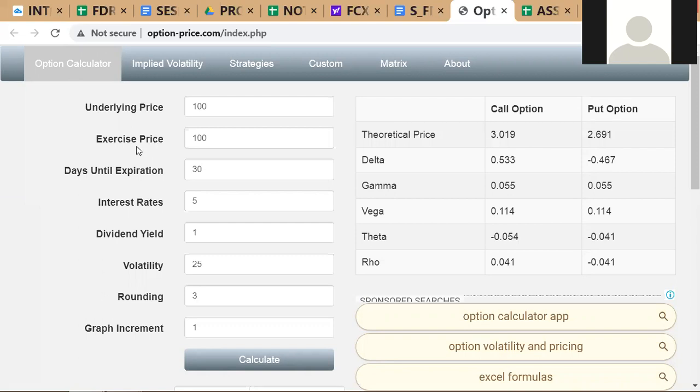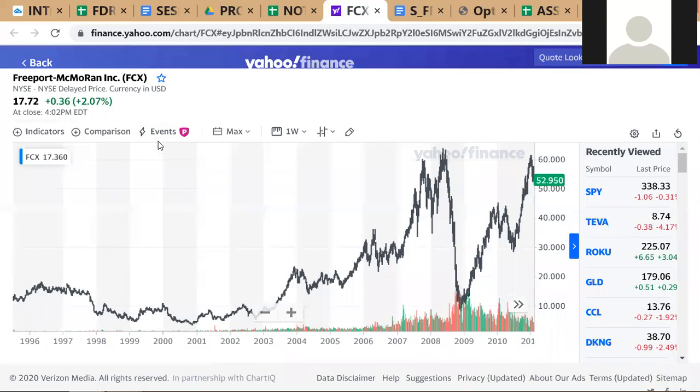So that price at which you're contracting to sell or buy the underlying asset, through the call option or the put option, at what price? That price is the exercise price or strike price. So in short, what we have is, if we just go off here, I will just create a